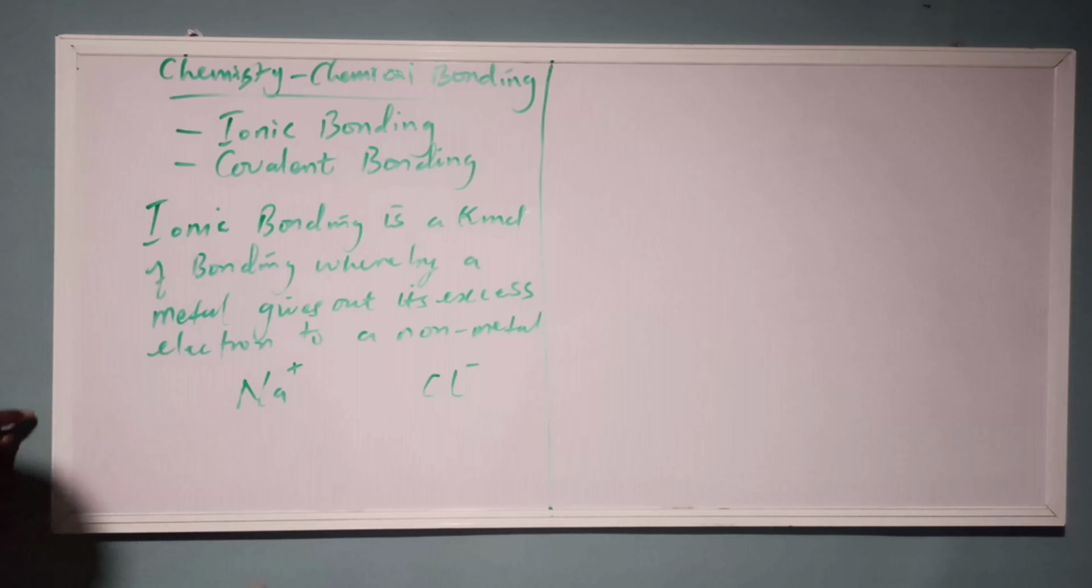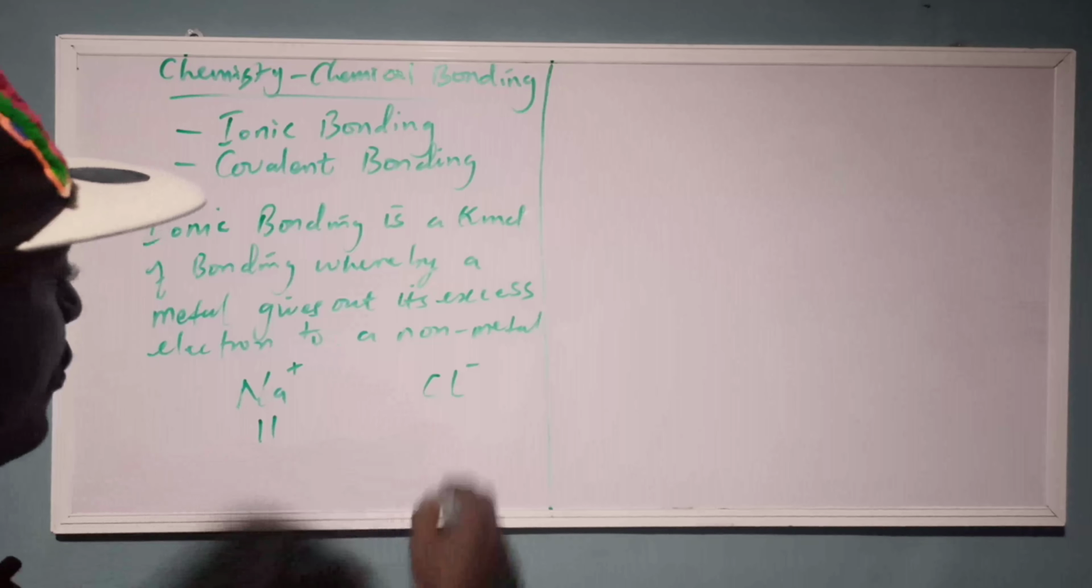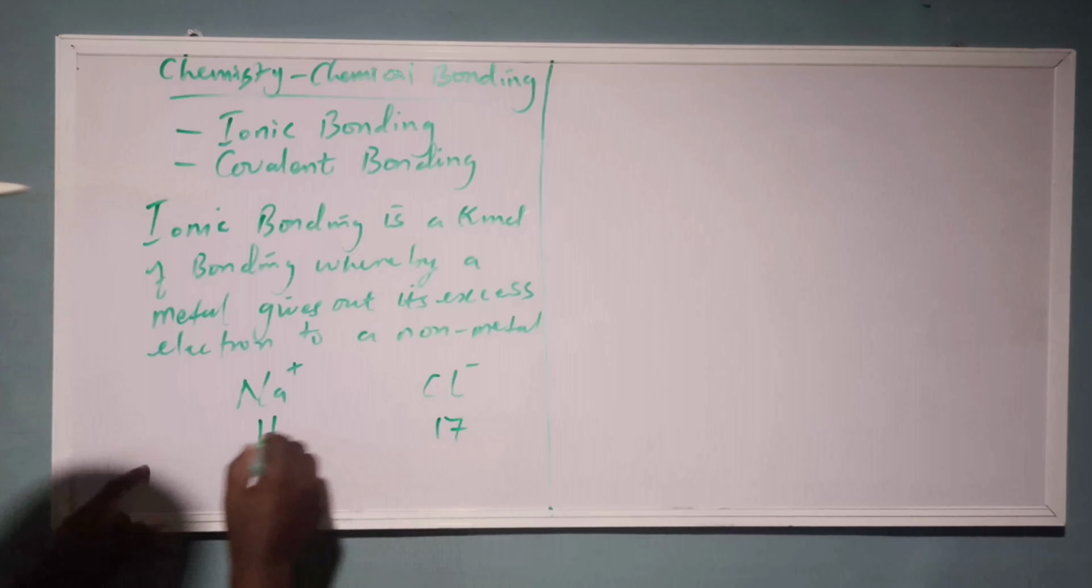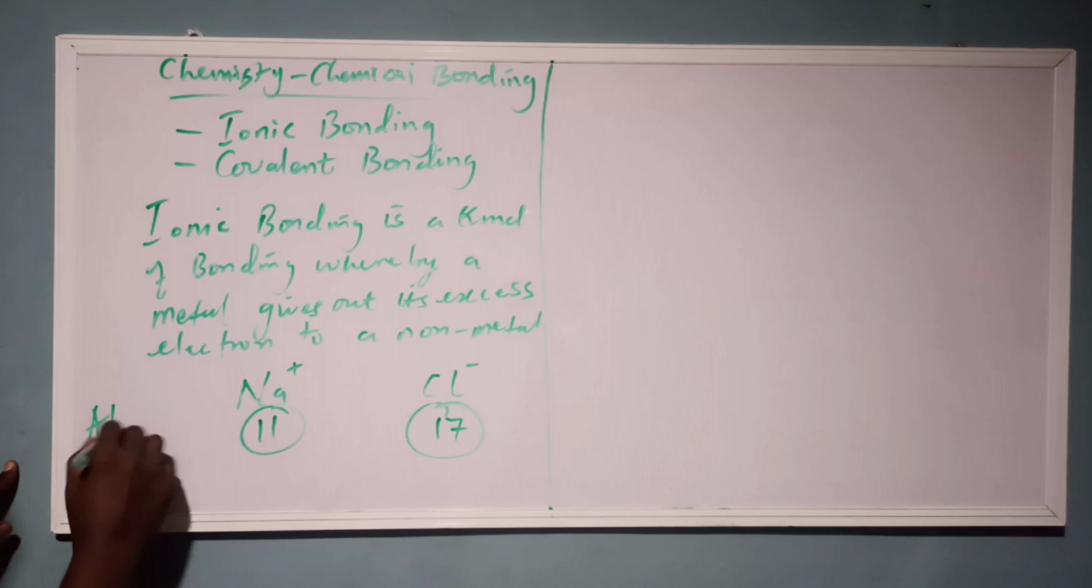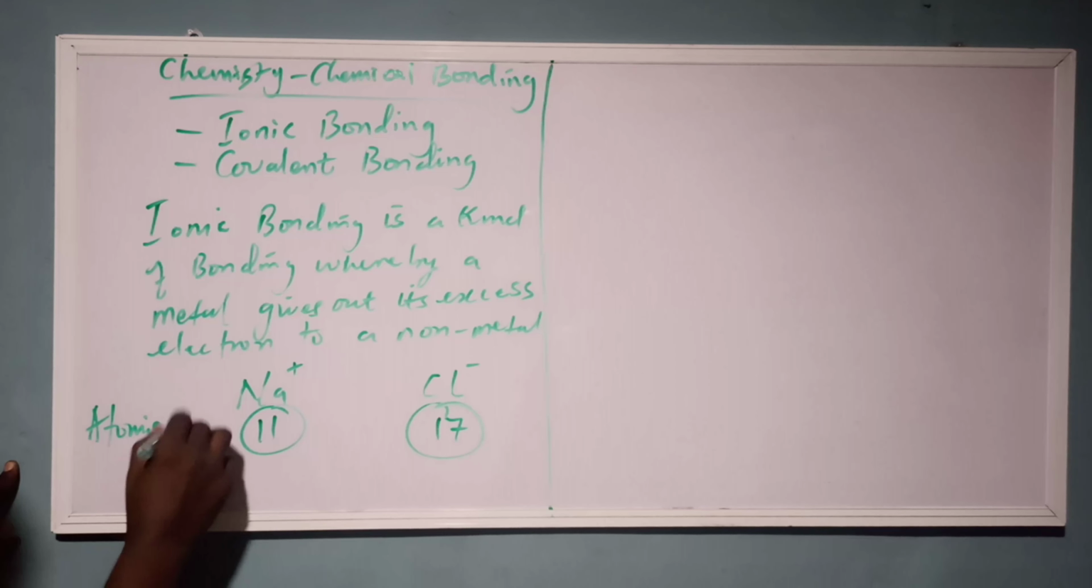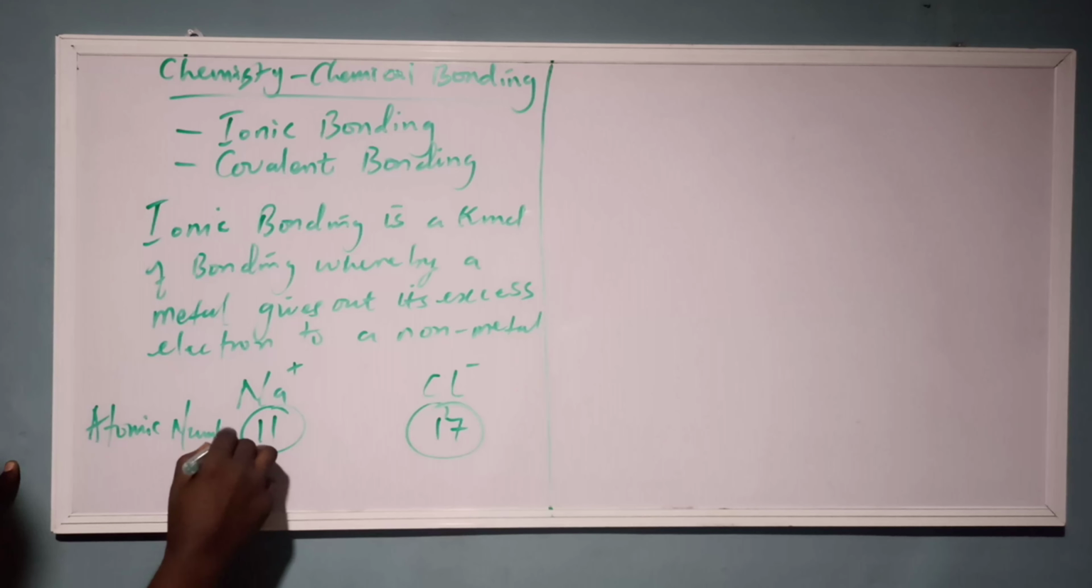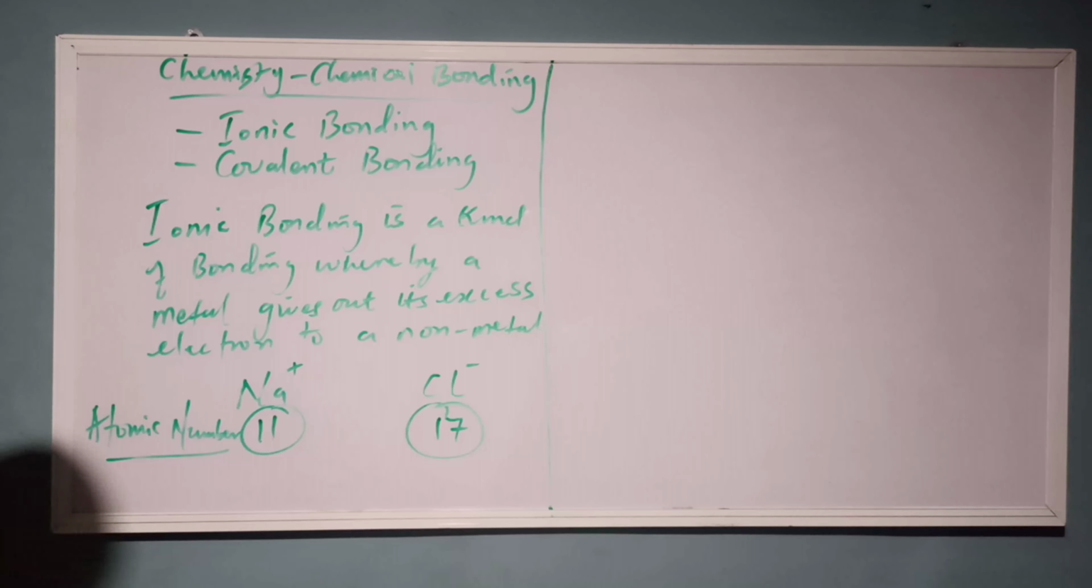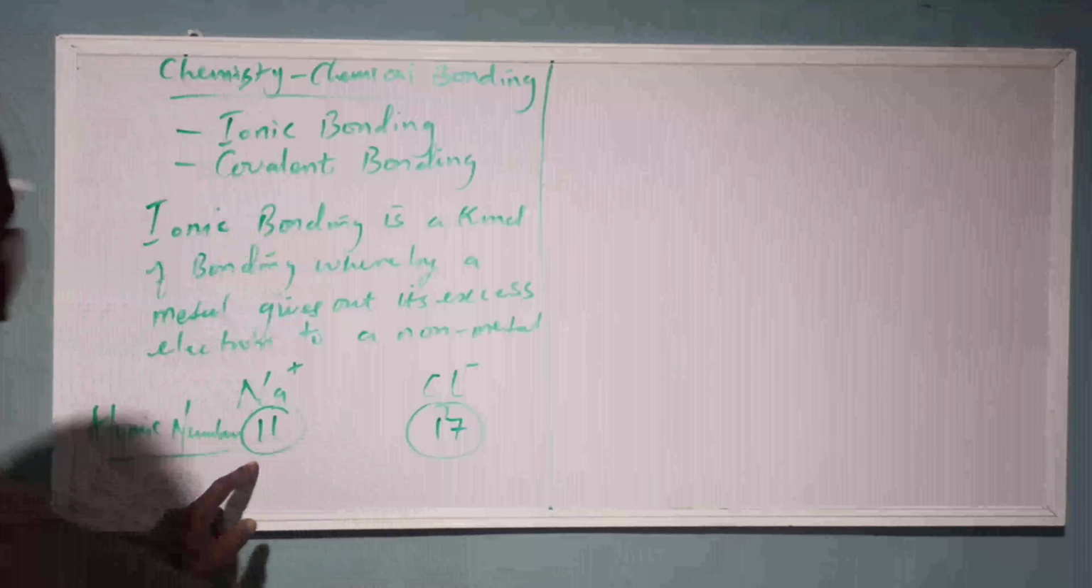Okay, so how do we go about this bonding? Now we know that the atomic number of sodium is 11 on the periodic table, and that of chlorine is 17. These are the numbers that we use to draw their configuration. So this is atomic number, right? Atomic number. Okay, so let's start. For sodium,